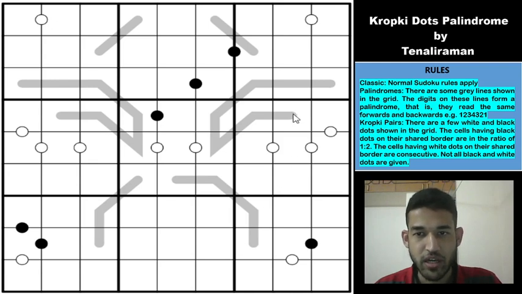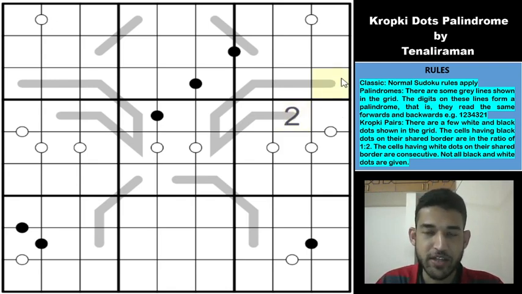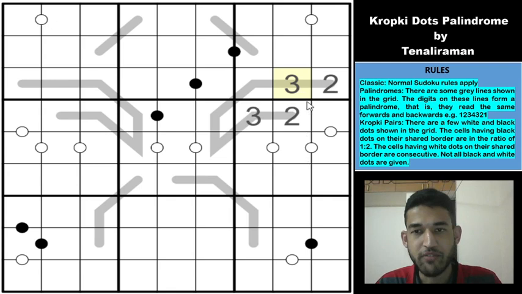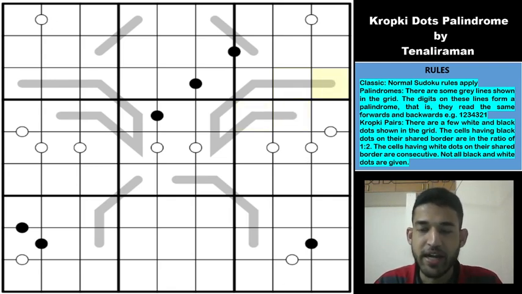Okay, so if you take this palindrome line for example, and let us assume that there is a 2 here, then the corresponding cell at the other end of the palindrome will also be the same, and the second cell from this direction, let's say if it is a 3, then the second cell from the other direction will also be 3, and so on. And in the end, if you read the palindrome sequence from either direction, it will read the same. So this is what the palindrome rule states, and digits may repeat on a palindrome provided no other rule is